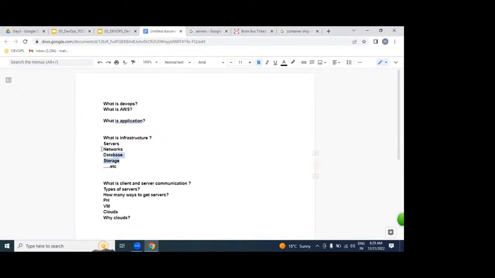But these are all major infrastructure. Major infrastructure is required to maintain our applications, to deploy our applications, or to place our applications on hundreds of servers. Very clear, all of you.